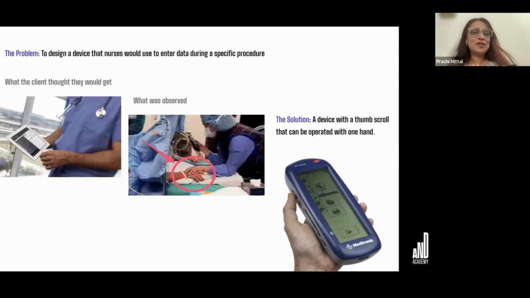And this is interface design, right? And the display, right? What could have happened? So that the device can be operated while the nurses continue to meet the emotional needs of their patients. This is just one example. There are many such examples around, right? But this is what we mean by taking a human first approach.